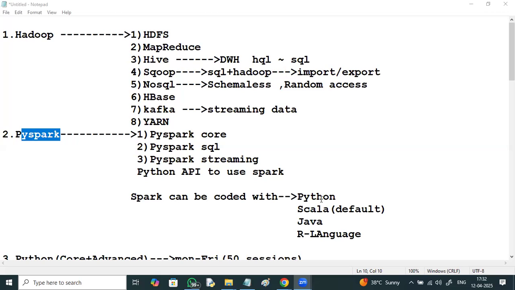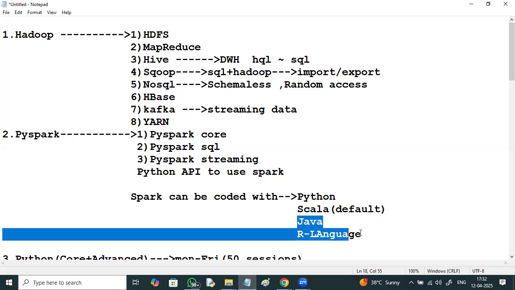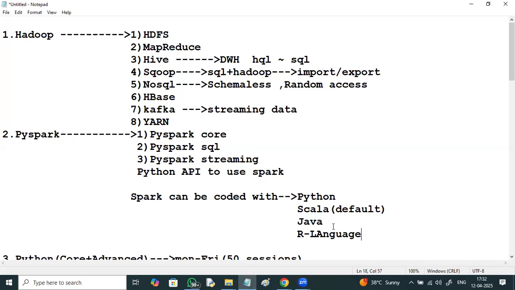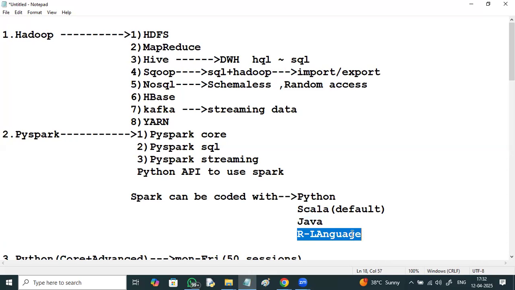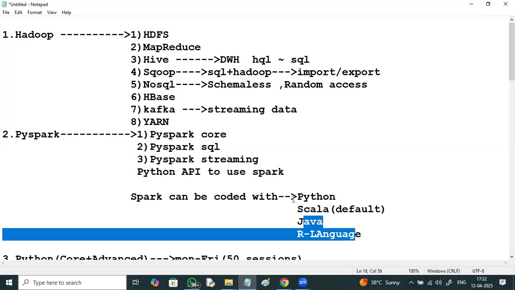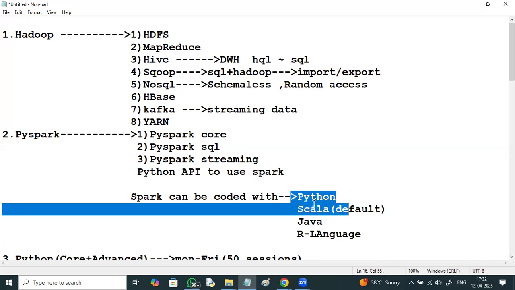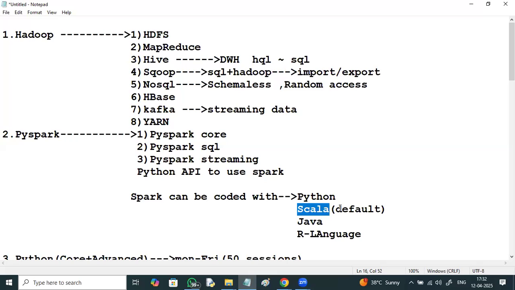Java also can be used, but none of the companies are using it; only one or two companies like Value Labs use Spark with Java. Even these two are not preferred. Previously Scala was used, as the default language of Spark, but today the implementation is totally on Python only.